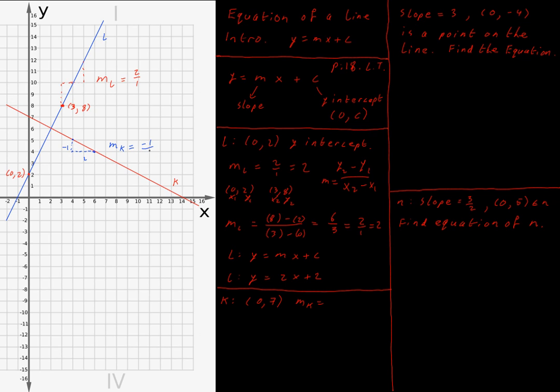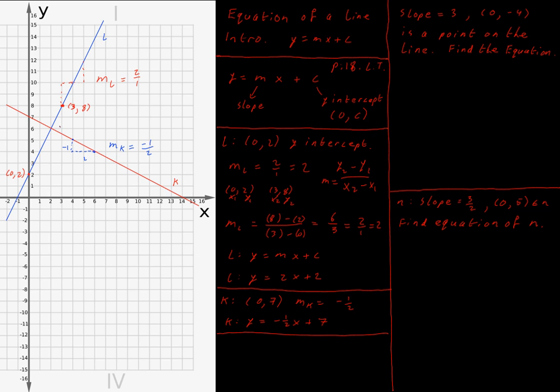is going to be rise of -1 all over run of 2. So then my equation of k is going to be y is equal to -1/2 x, mx plus 7 for my y-intercept. Now, just to point out,